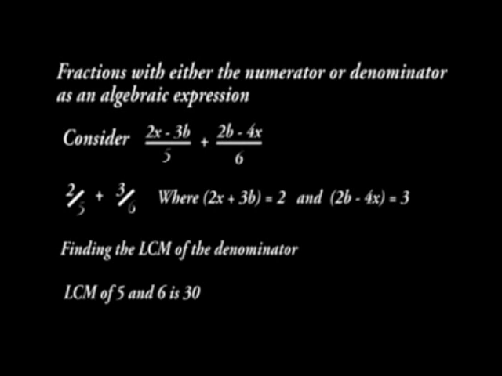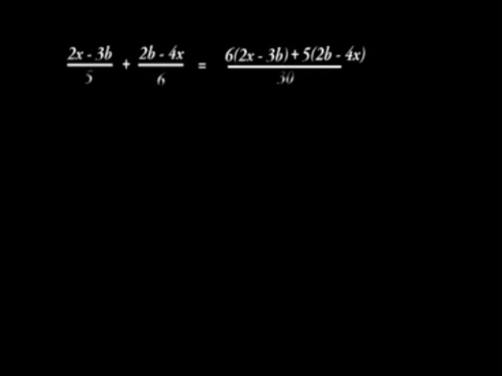We thus have (2x - 3b)/5 + (2b - 4x)/6. 30 divides into 5 6 times. We therefore have 6 into 2x - 3b, plus 30 divides into 6 5 times. So we have 5 into 2b - 4x. Simplified, we have 12x - 18b + 10b - 20x. Further, we get